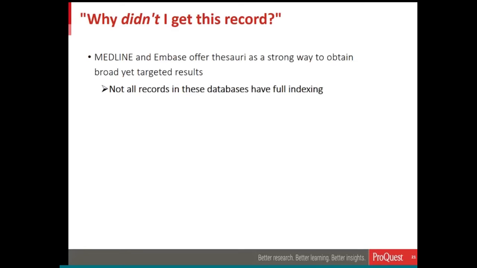But even within these databases, not all of the records in Medline and Embase have full indexing. That's an important thing to know about these databases. In Medline, about 85 to 90% or even sometimes more of the records within that database on any given topic will carry full Medical Subject Headings indexing. So if I'm doing a search using MeSH terms, using the thesaurus, I can pull back a very large amount of information easily. But I might miss a few records,